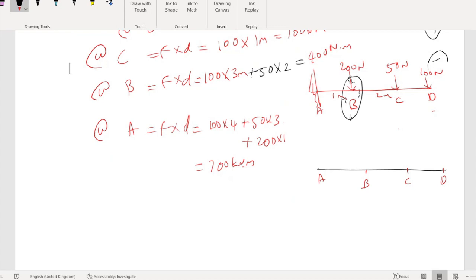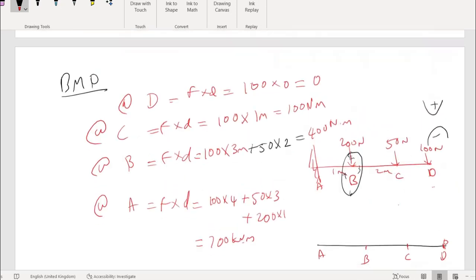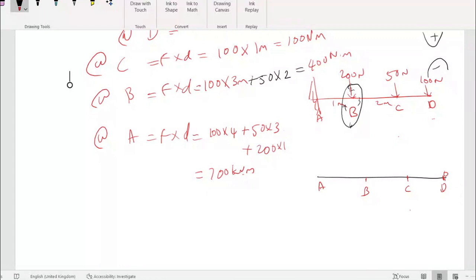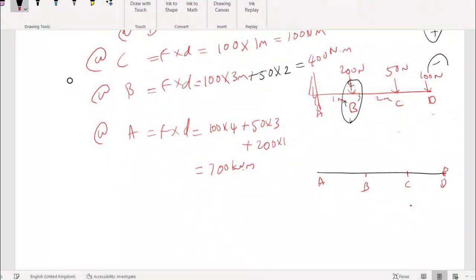Downward, right? 0. Okay. For the shear force diagram, we mark the positive on top. For bending moment, we mark the positive downward. Let it be like this, easy for comparison. It is 0, so I start here. And then the value at C will be 100. I mark here 100. And then moving on to B, 400. Moving on to A, 700, right?